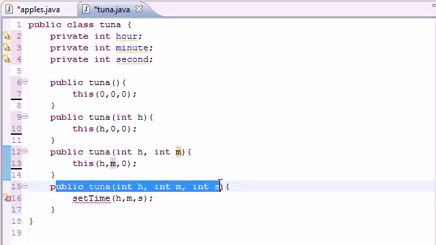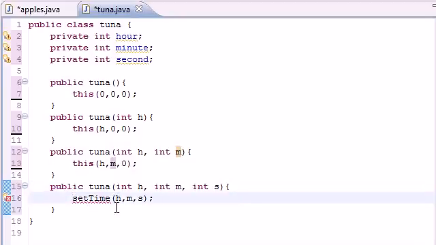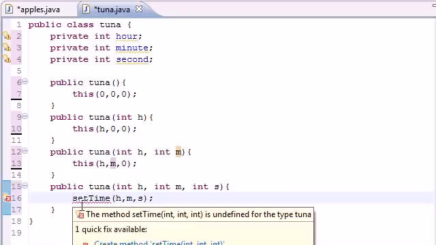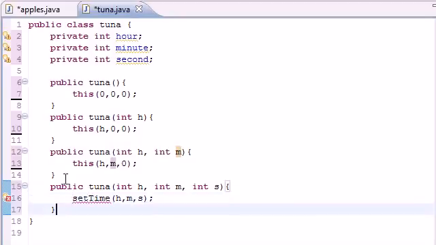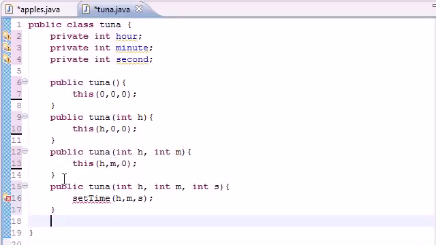In hour, in minute is second. And then what this constructor does is set the time in a set time method. And you're saying, alright, where the heck is that method? Well, we're going to build it right now, so take it easy. Let's go public